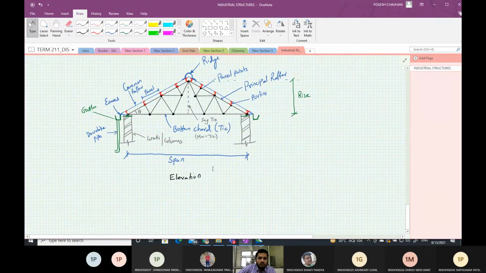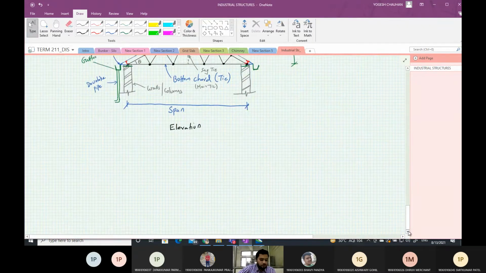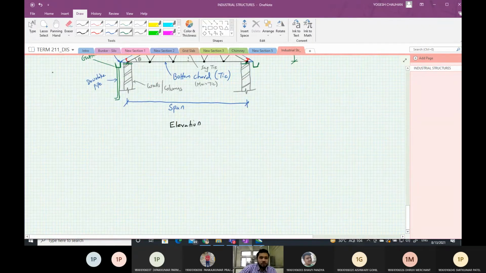Now this is the elevation. If you see it in plan, we have a ridge line here.